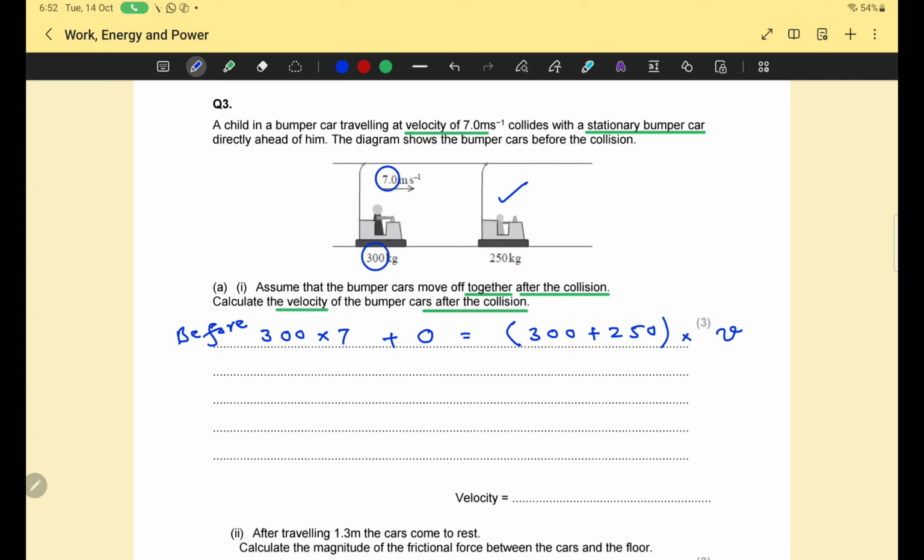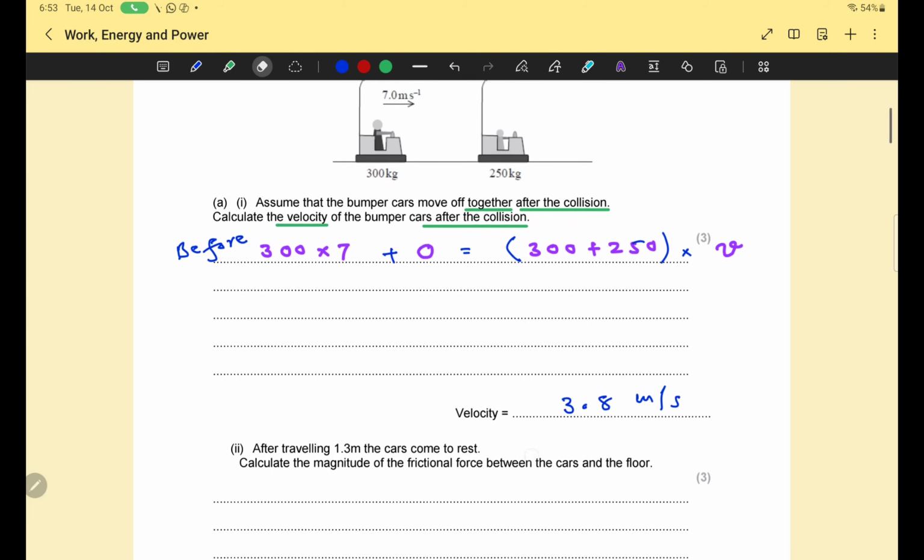बहुत ही मासूम सा क्वेश्चन हमें लग रहा है, IGCSE स्टैंडर्ड का है कि one car is moving, other car is stationary. After collision, they stick together, so their masses are added, and we are calculating their velocity after the collision, and this is 3.8 मीटर पर सेकेंड। तो बहुत ही सिंपल फर्स्ट पार्ट था, जल्दी से मैंने कर दिया।